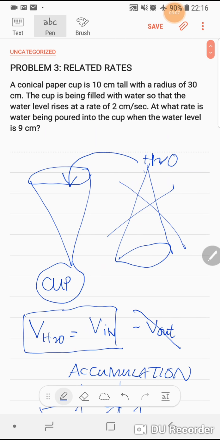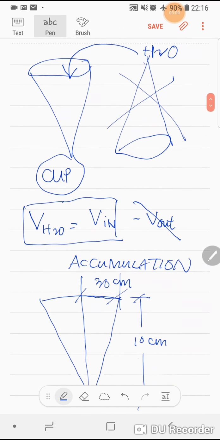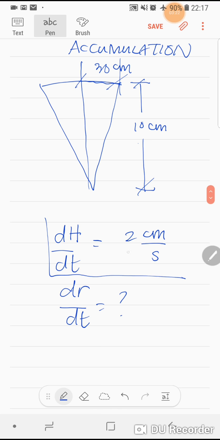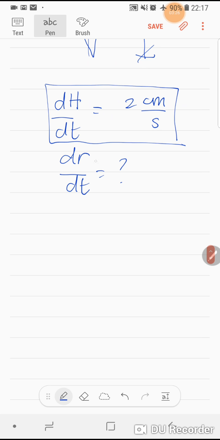So it's obviously 2 centimeters per second. We don't know the rate at which the radius is also changing, and this is our primary concern. So it's totally different from all the other problems, especially the circular pool or other shapes,